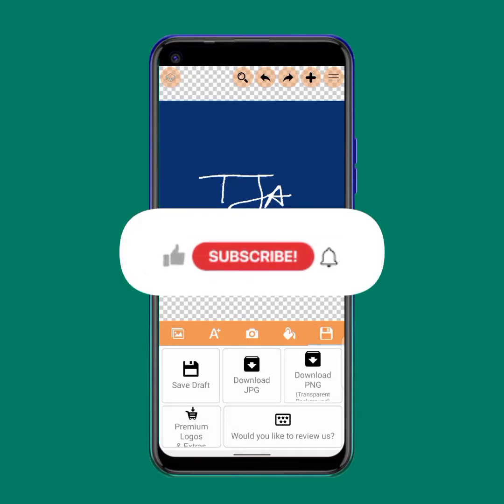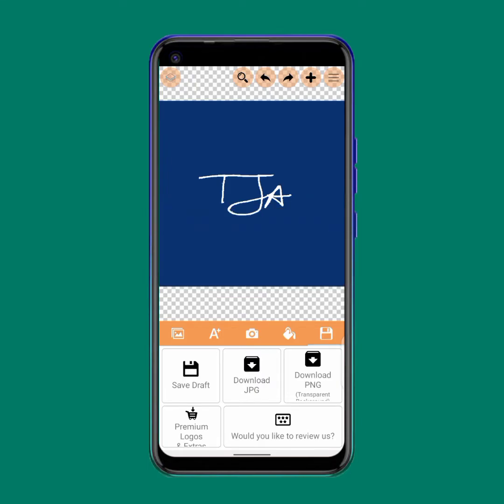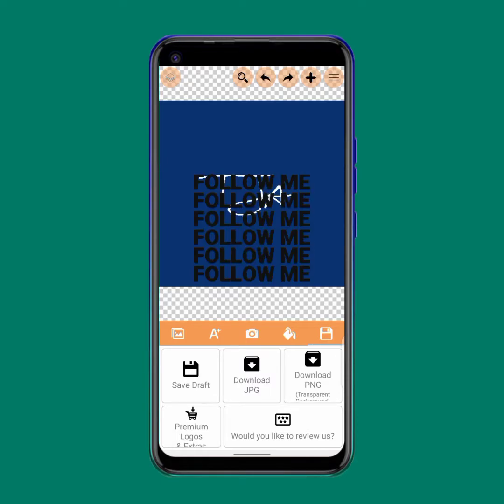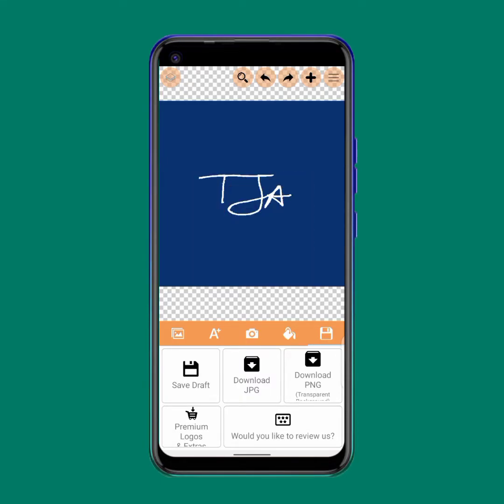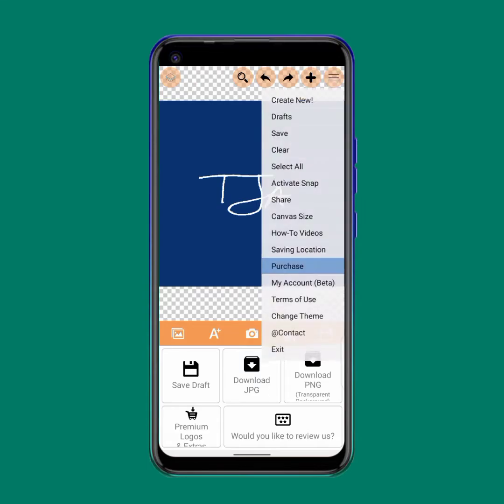Guys, welcome back again. So today we'll be learning how to create an ID card. We have learned how to scan and bring in our signature, so today we'll be making use of that signature. What we need to do is